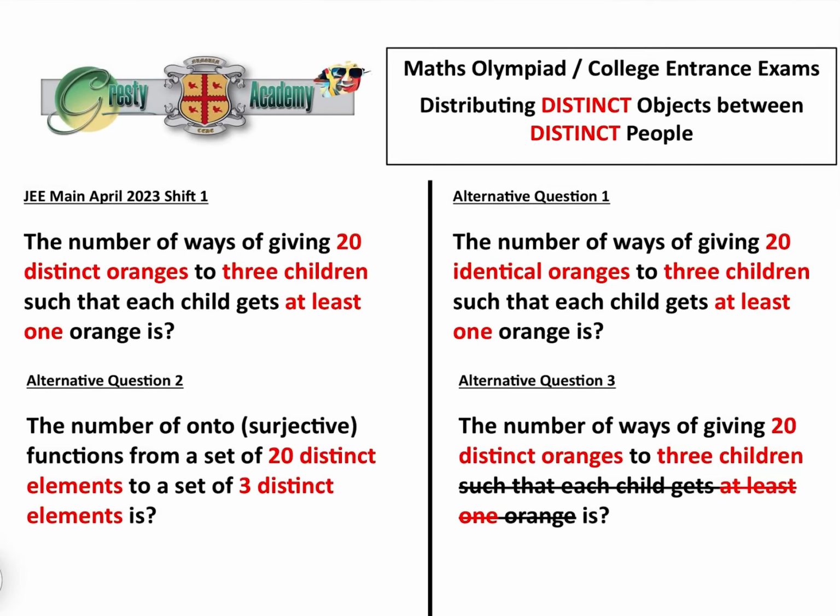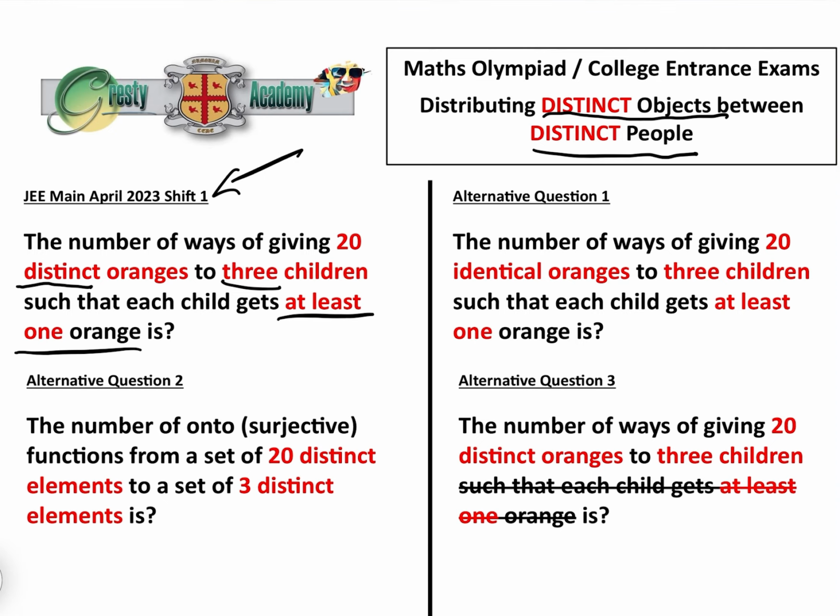Today we are going to be looking at distinct objects distributed between distinct people, and the question we're going to look at is the JEE Main Shift 1 April 2023: the number of ways of giving 20 distinct oranges to 3 children, always deemed to be distinct, such that each child gets at least 1 orange is. That's the question we're going to answer, but these other 3 questions, alternative question 1, 2 and 3, we're also